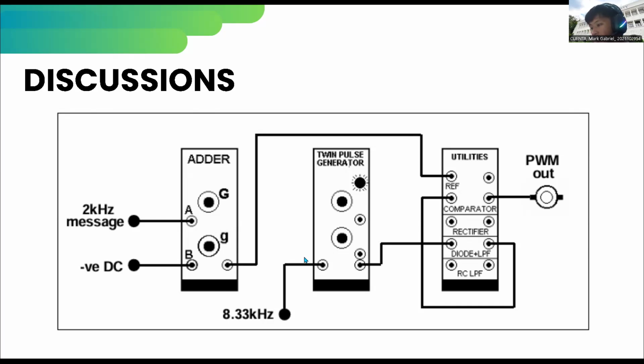Using a message frequency that is exactly one-fourth of the carrier frequency ensures a stable oscilloscope display. In contrast, the optional testing with a non-submultiple audio frequency can reveal interesting modulation effects such as beat patterns. Moving on to the results.